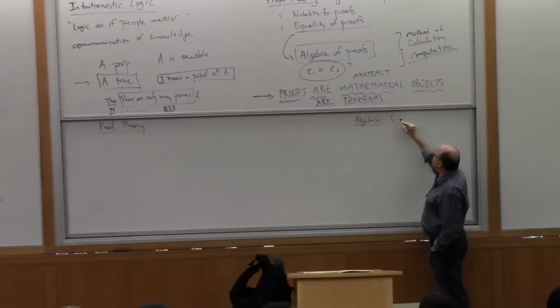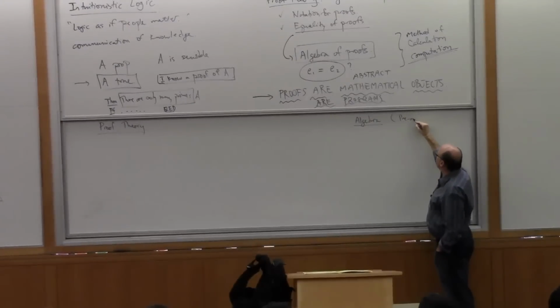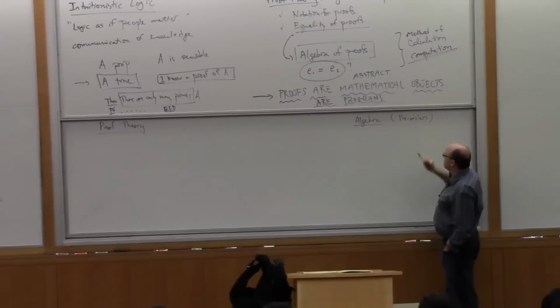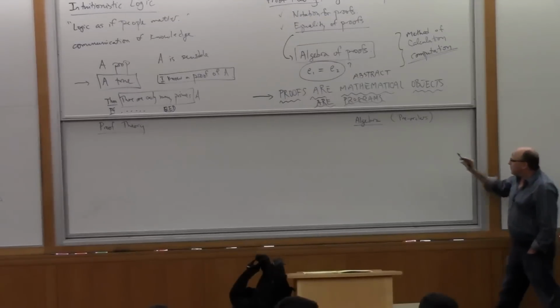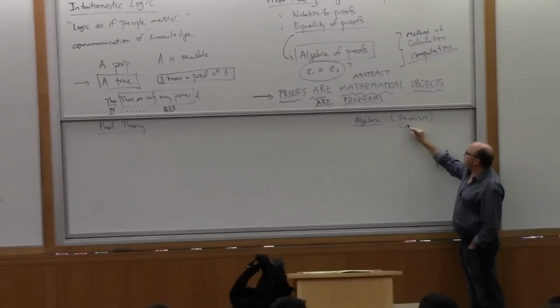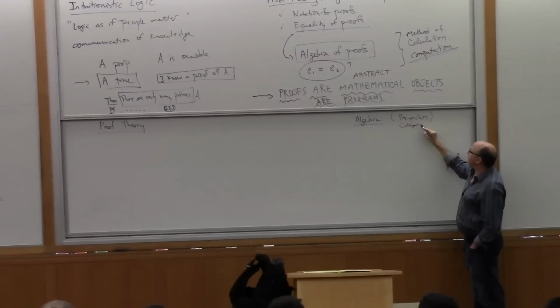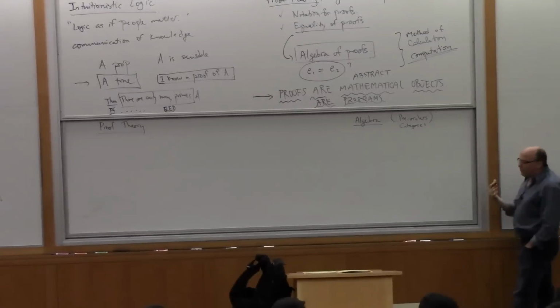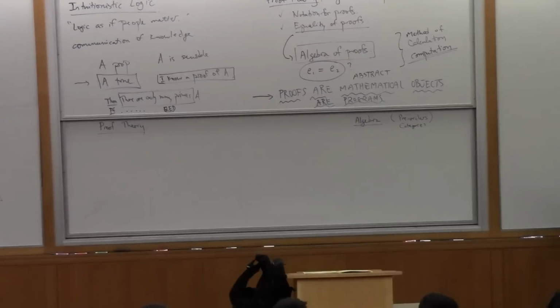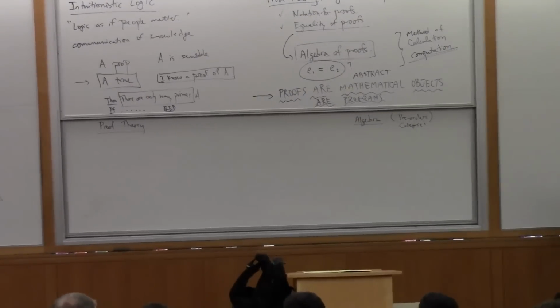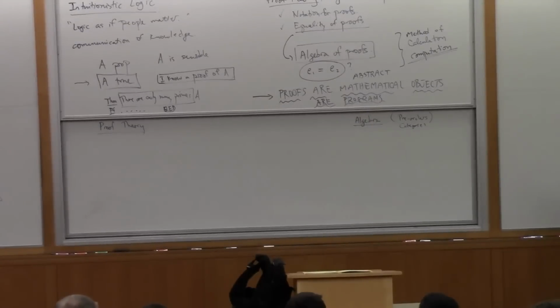So I'm going to be looking at the structure of certain structured preorders. This is what we're going to get to, and I'll show you what I mean by that in a minute. What Steve will do is to develop this properly into the theory of categories. One way of seeing the theory of categories is as a substantial generalization of the idea of a preorder, or the other way around, a preorder is a very substantially degenerate form of category. But I'll leave Steve to talk about that in detail.